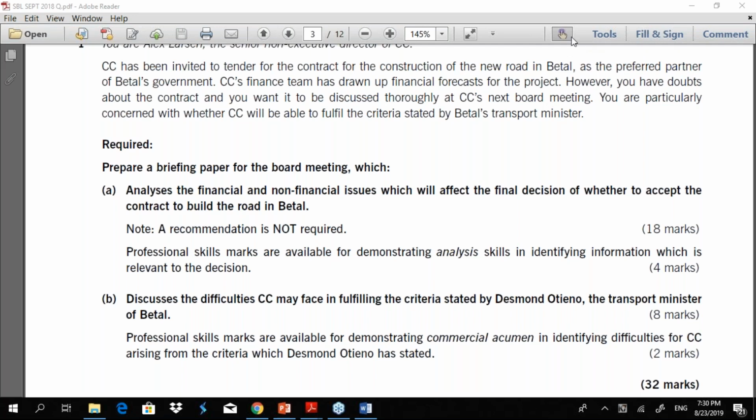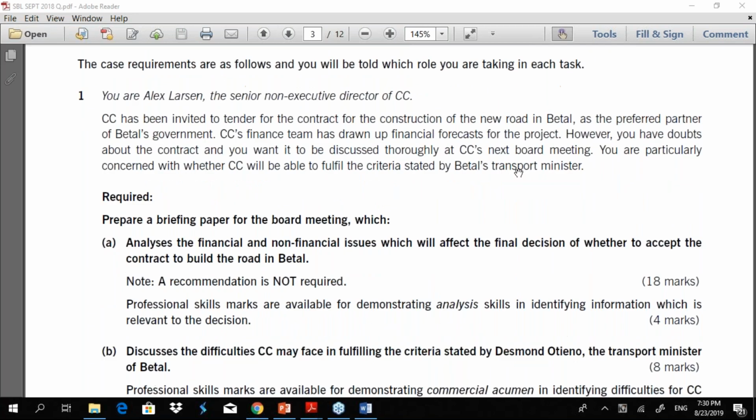I would like to continue with where we stopped yesterday. We are looking at the September 18 exam paper, along with which I'm teaching you how to tackle the paper and the exam techniques. Most of which I have covered yesterday, and there's a bit more which I will take you through as we go on today.